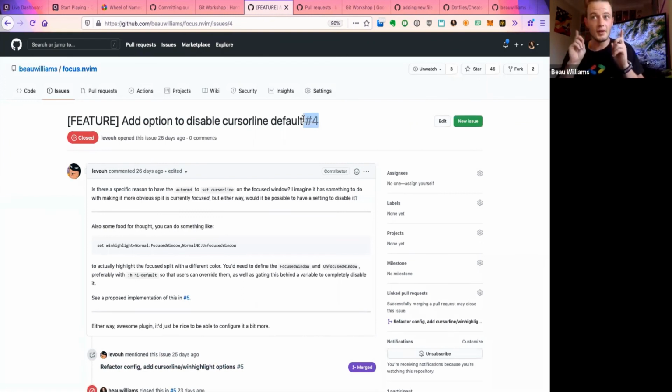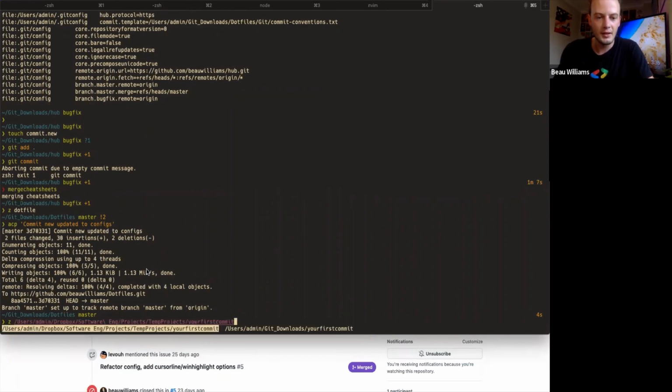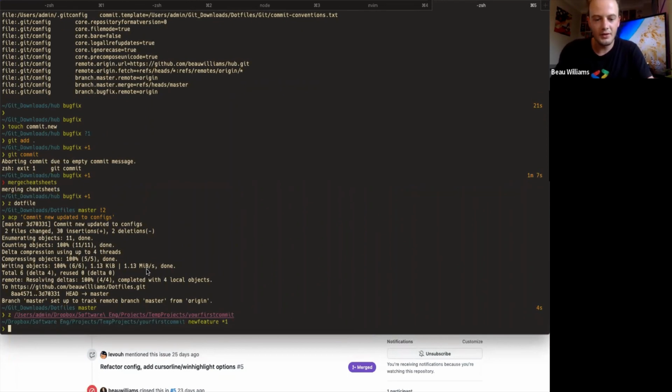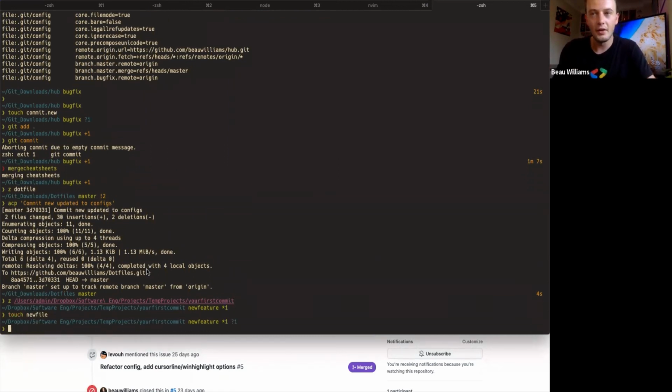The amazing thing we can do here is, if this issue was open, I can go into GitHub, go to first commit, and let's just pretend we touch a new file. I'm just trying to do this fast so I don't keep you guys waiting. We can fix this issue directly from the CLI through the commit flag.